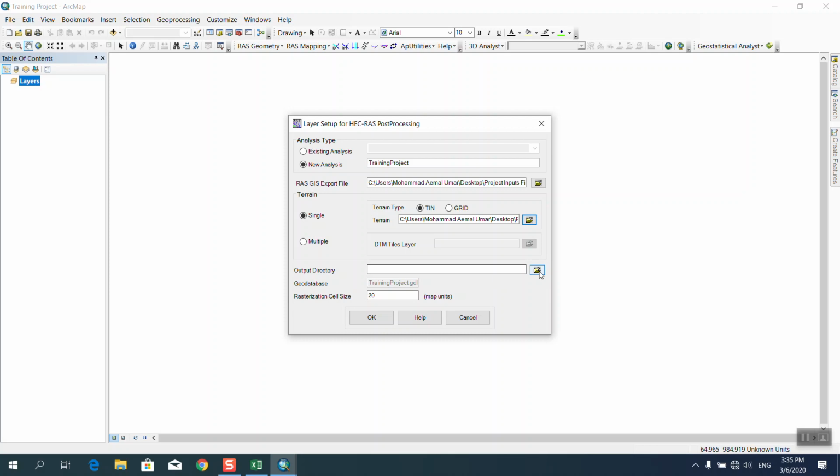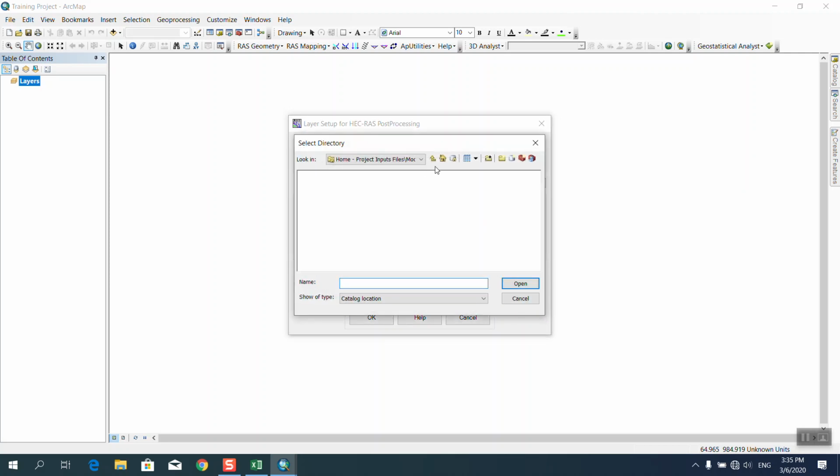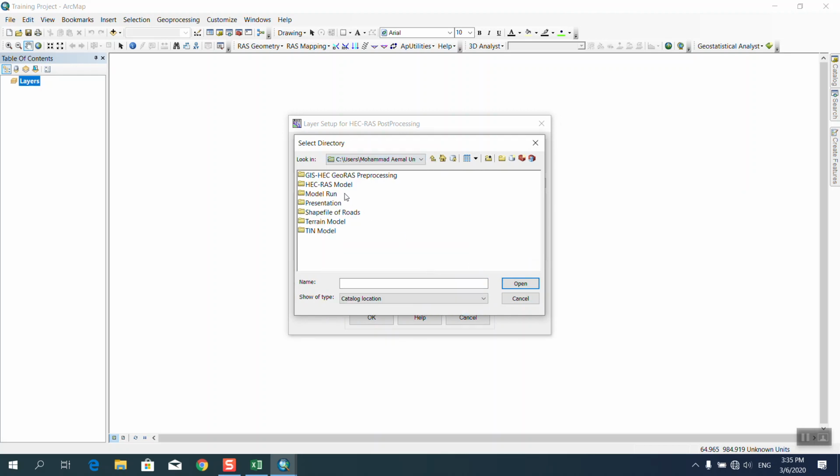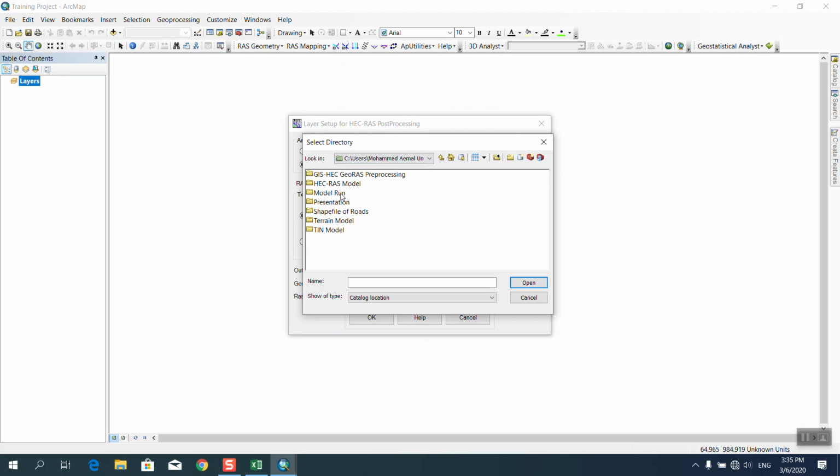Then come to where it should be stored, then select our output location, and model run,